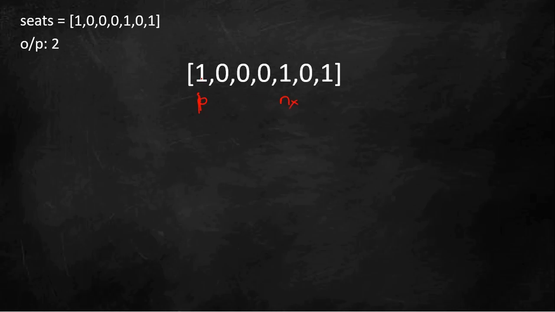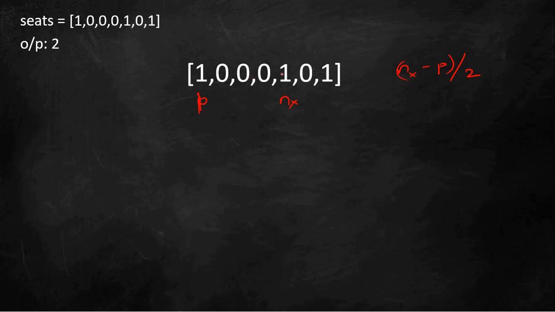So, what is the previous occurrence of 1 and what is the next occurrence of 1? We just need to check the distance between these two and divide by 2, because between these two people, if I make Alex sit at the middle seat, that will be the max distance that we can have between those two people. So, it will be basically n minus p by 2,